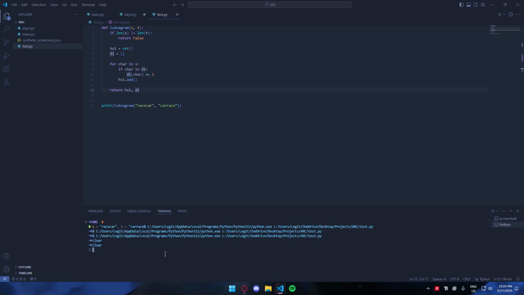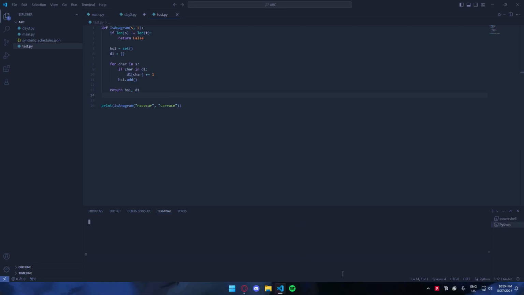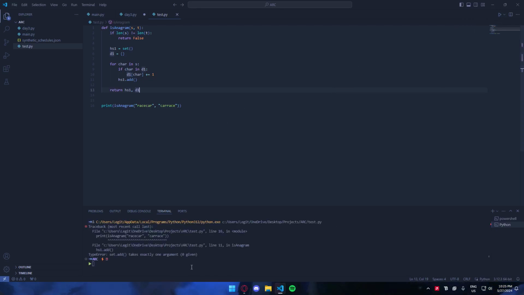What the heck did I just do to my computer? Did I just break my thing? Set.add. Oh, I want to add the character. Race and if it already exists. A appears twice, so it's still supposed to be added to the thing. So we're just gonna do